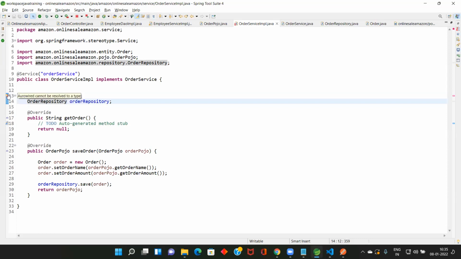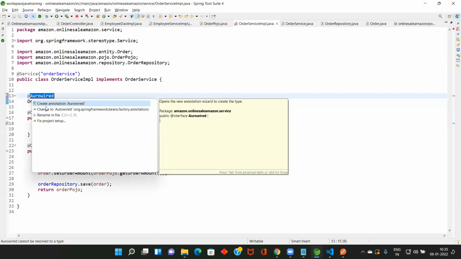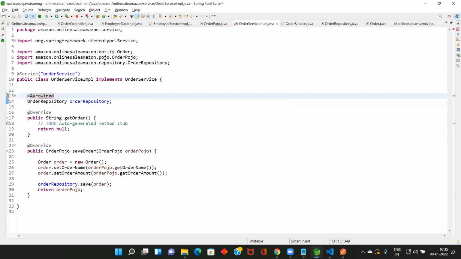So what is the problem here? Change it to Autowired. Control Shift O.